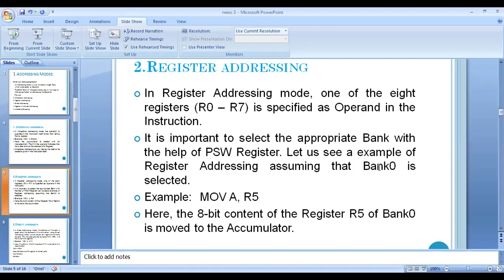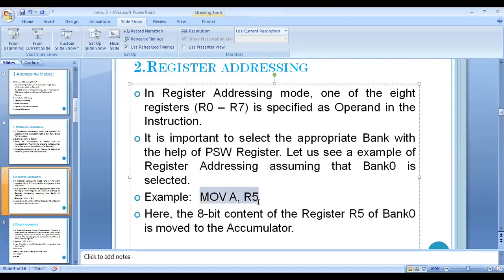If we want to perform multiplication and division, in that you are having an additional register called the B register. So first of all you have to store the data into the register, and you just have to mention the name of that register in the instruction. Now see here, MOV A, R5, what does it mean? Whatever the value of R5 is, it is going to be copied into the A register. See here, how can I recognize this is a register? Because in this instruction we are not dealing with a value, we are dealing with the name of a register, that is